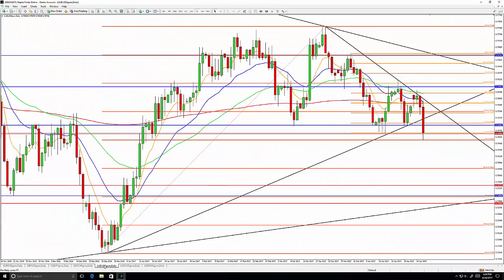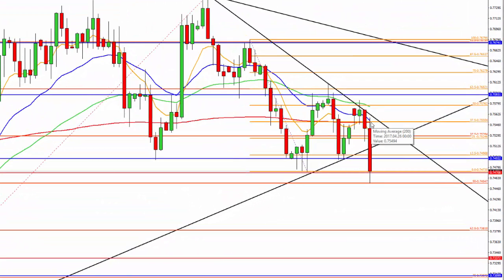Over to the Aussie. Very big move in the Aussies. Slight rally up, found some resistance around the flat 200, declining 21, and the 37.5 GAN level, 75.50. Then falling back down through all the levels, finding some support at the 50% GAN level, 74.54. Right now trading at this GAN cluster right around